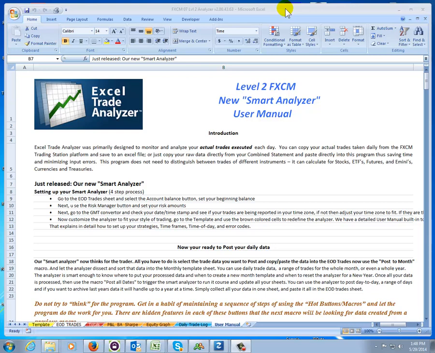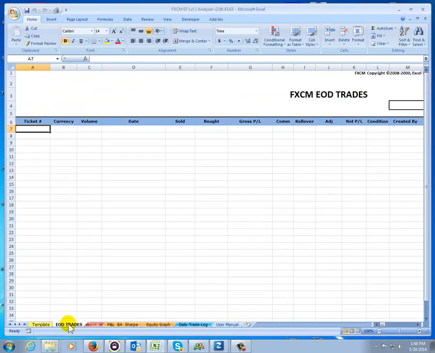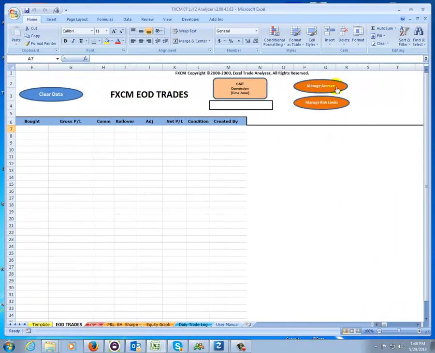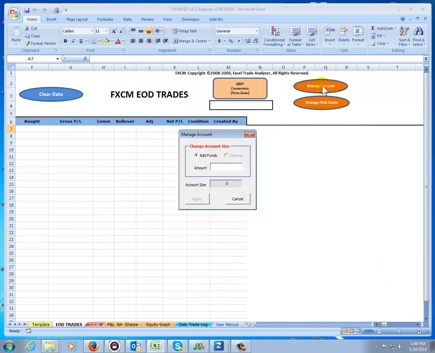So the first thing we need to do is set up our analyzer, and that's a simple 4-step procedure. Just go to your end of day trades sheet, scroll over to the right just a little bit, and manage your account. This is where you're going to set your account balance at the beginning, and the analyzer will actually track your profits and losses throughout the year. So I'm just going to use 5,200 as my account balance and say apply,